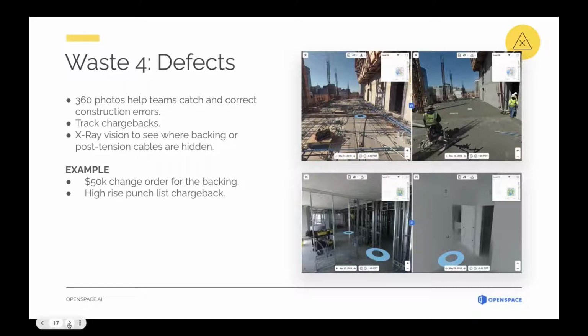And so that really eliminates a lot of guesswork, and moves things along, so there's not as much rework and defects. And I have another quick example from a Suffolk project down in Miami. It was a large luxury hotel, and they were behind schedule. I heard this from a superintendent that was on the job, and it was because the glazing trade was the critical path that was basically holding up a punch list for that glazing trade. So they were actually able to use 360 technologies, much in the similar way that Chris was talking about how they used it to identify those lift